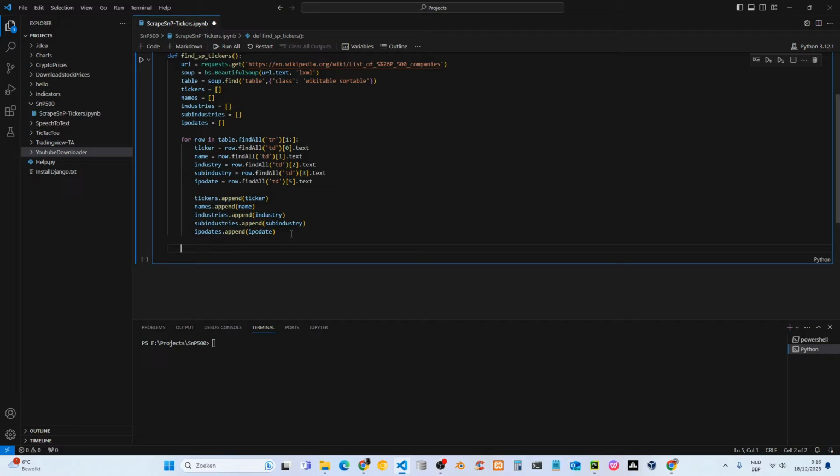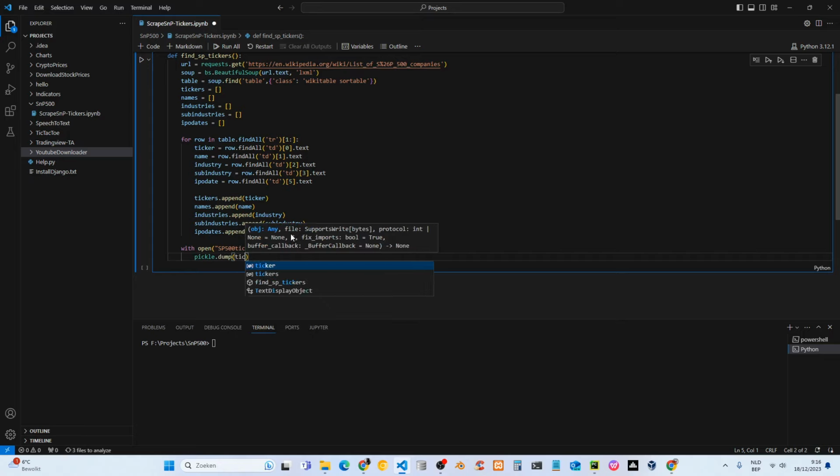Now all the information that we've extracted will be pure HTML, so we need something to change this HTML into nice clean text. So we'll say with open, and we'll create the file SP500 tickers.pickle. This will create a pickle file. We'll say wb, which means write binary, so it's going to write the file as f, and we say